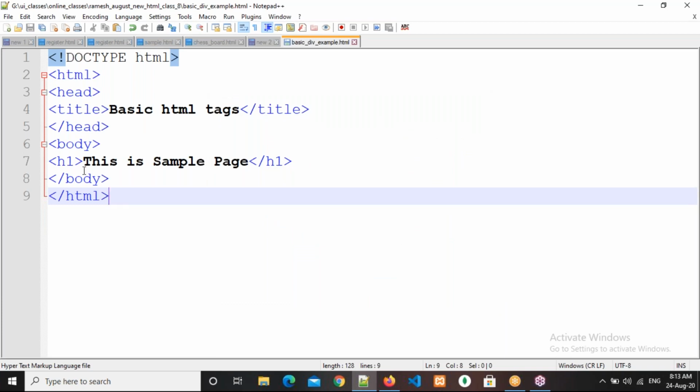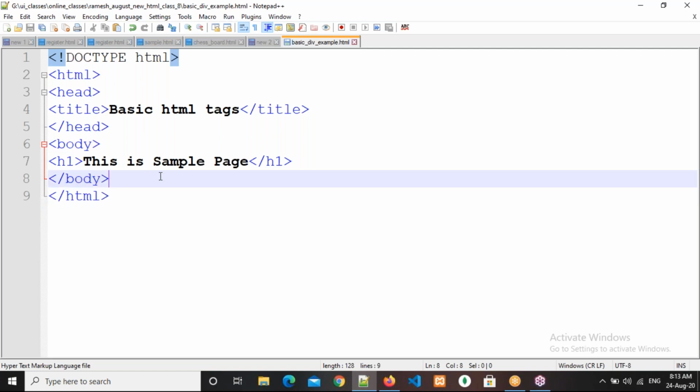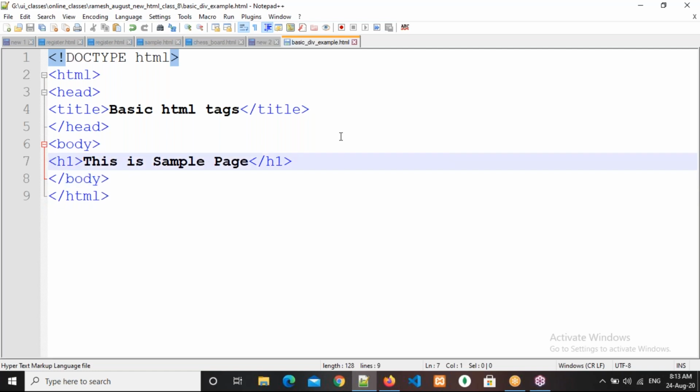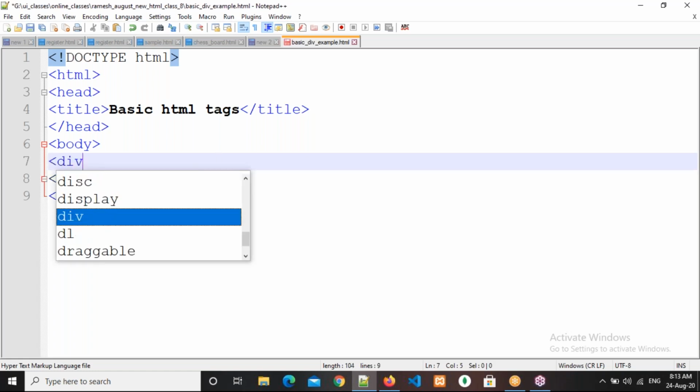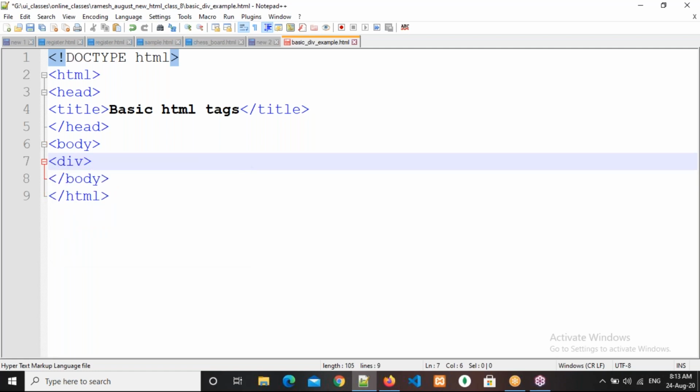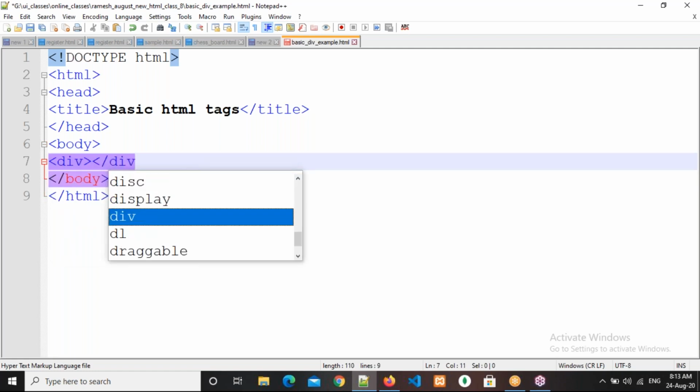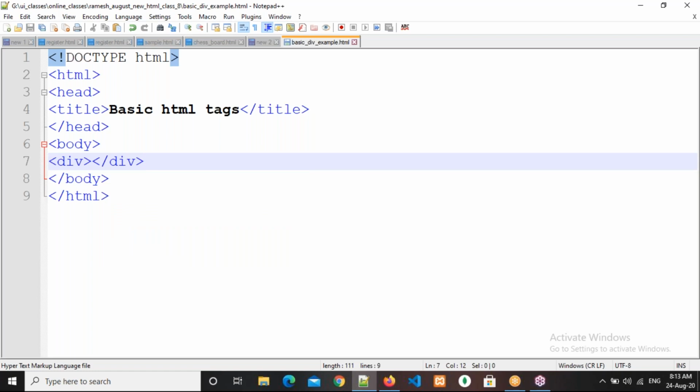What am I doing? I am taking a div tag here, and I have closed it.